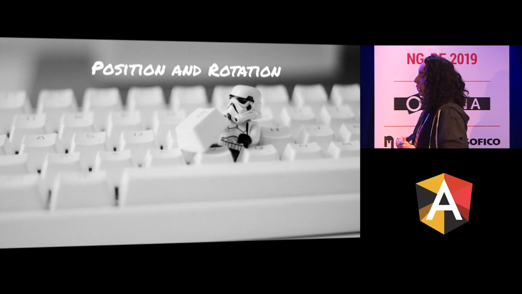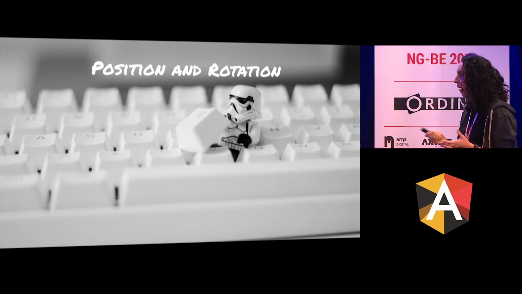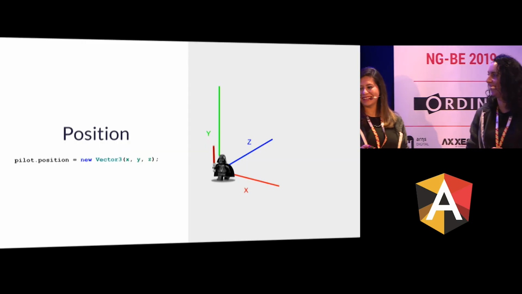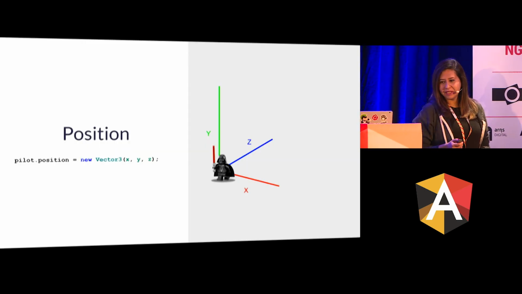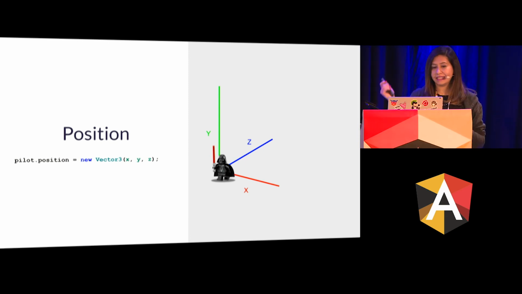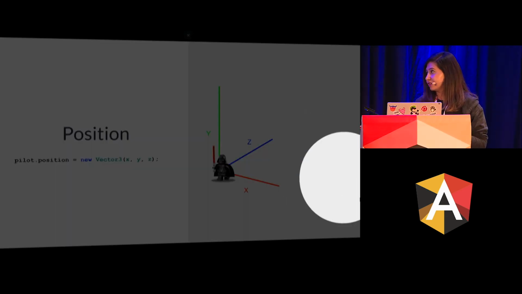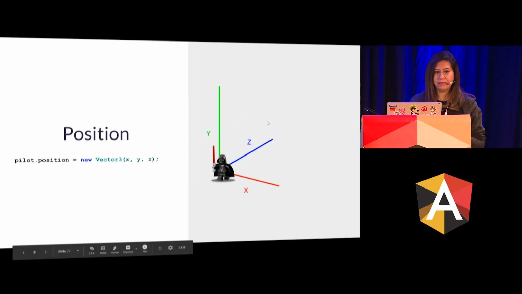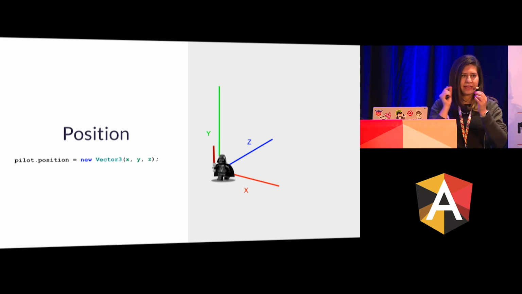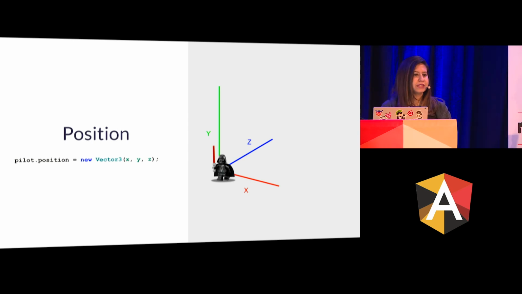So up until there, we've created the box and the scene, but how do we position everything in this VR world? It's pretty simple. Everything in the VR world consists of the X, Y, and Z axes. X is this way, Y is that way, and Z is the depth. We have a function called Vector3 that you can pass everything to, and you can use it for positioning the light, objects, everything.